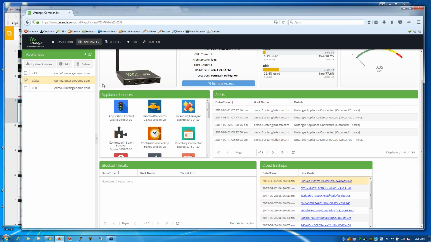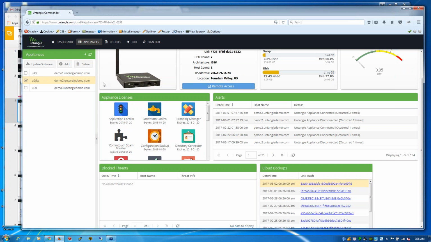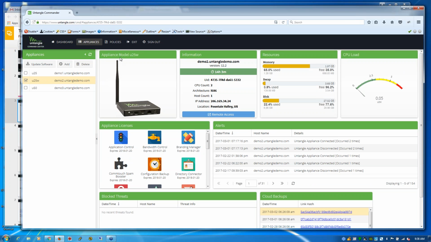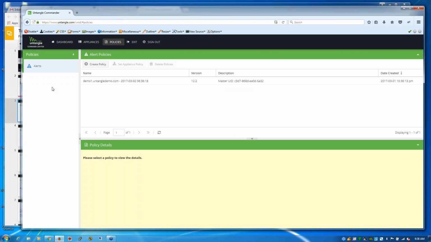We'll be constantly rolling out new features on this because it's a web application. So one of the features right now in demo is you're able to push out policies across multiple boxes. In this case, let's say I want to create an alert policy that I want to be alerted of some particular thing. I can create the policy,